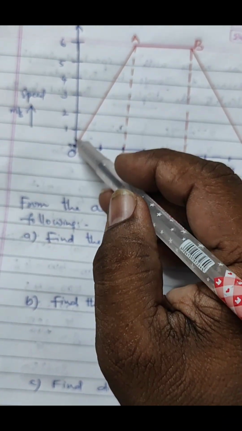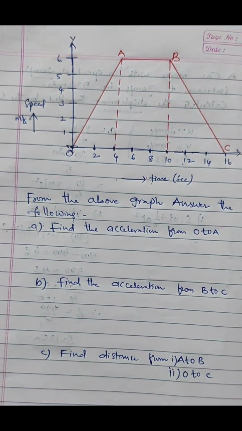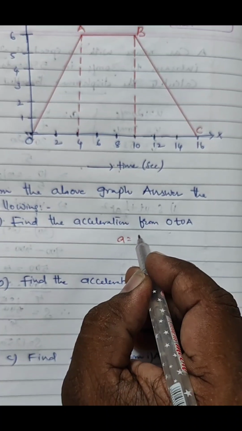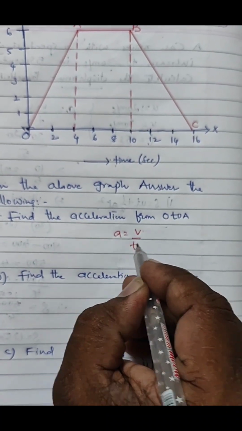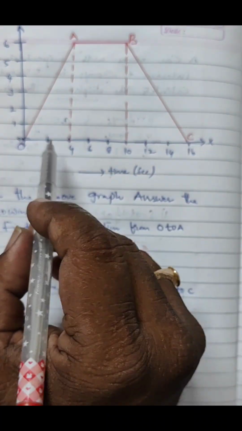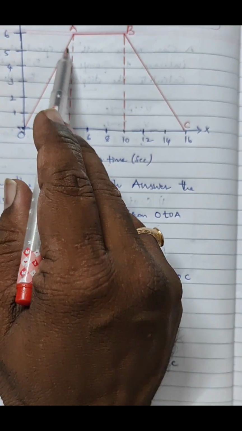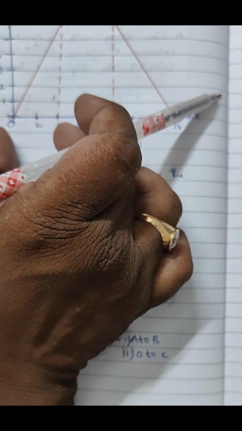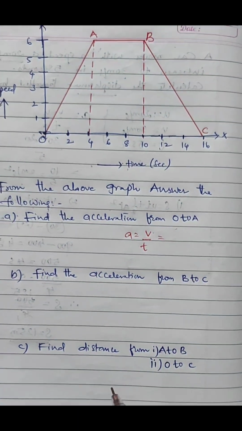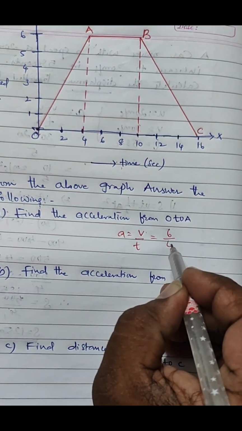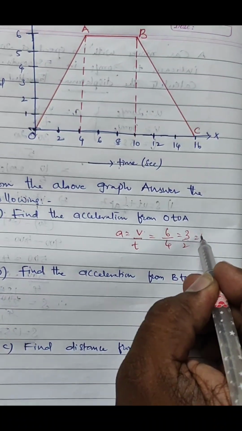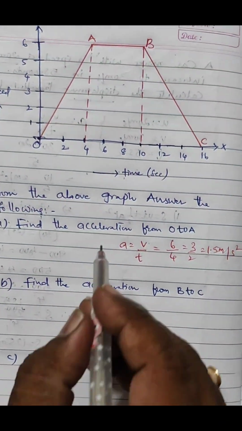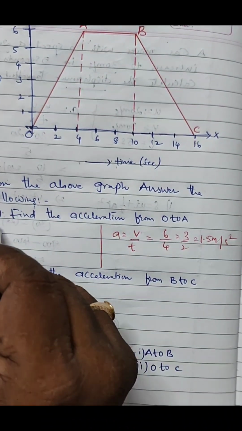When you take O to A, generally the formula is acceleration equals velocity upon time. So we take O to A here. This is the velocity, which is 6, and this is the time, which is 4. So I can take it as 6 by 4, 3 by 2, which equals 1.5 meter per second square. Or the other way is to find the slope